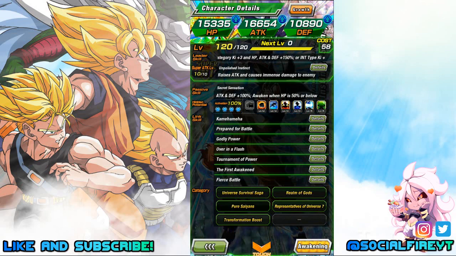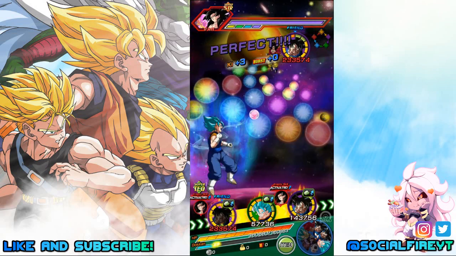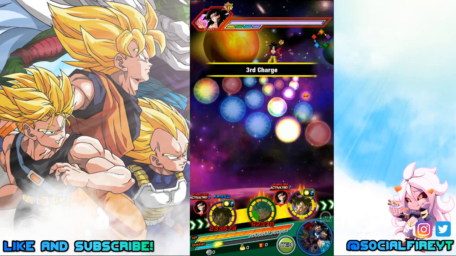His super attack Unpolished Instinct raises attack and causes immense damage to the enemy, while his passive skill is Secret Sensation, which is attack and defense plus 100%. He also awakens when HP is 50% or below. His link skills include Kamehameha, Prepared for Battle, Over in a Flash, Godly Power, Tournament of Power, The First Awakened,